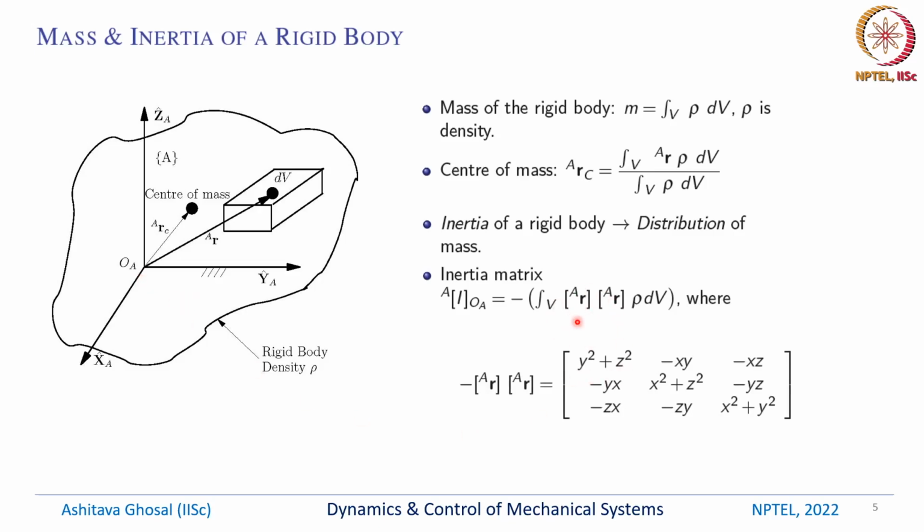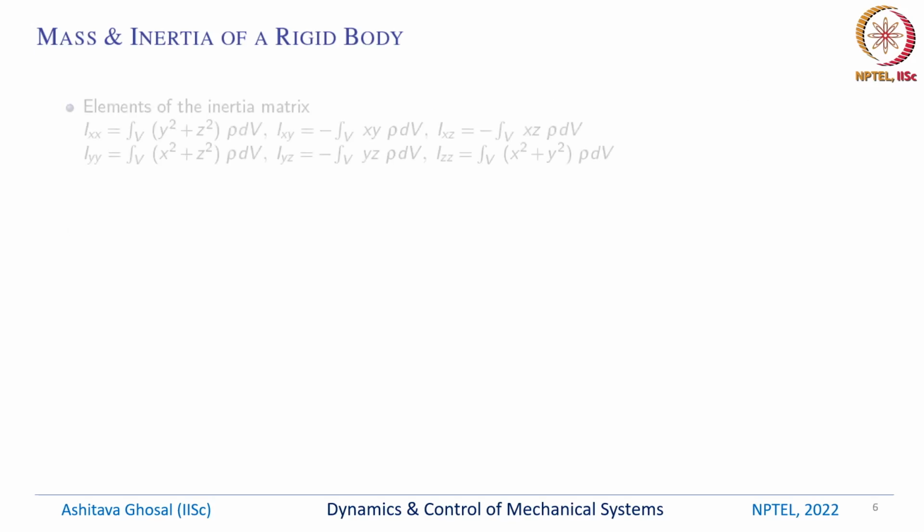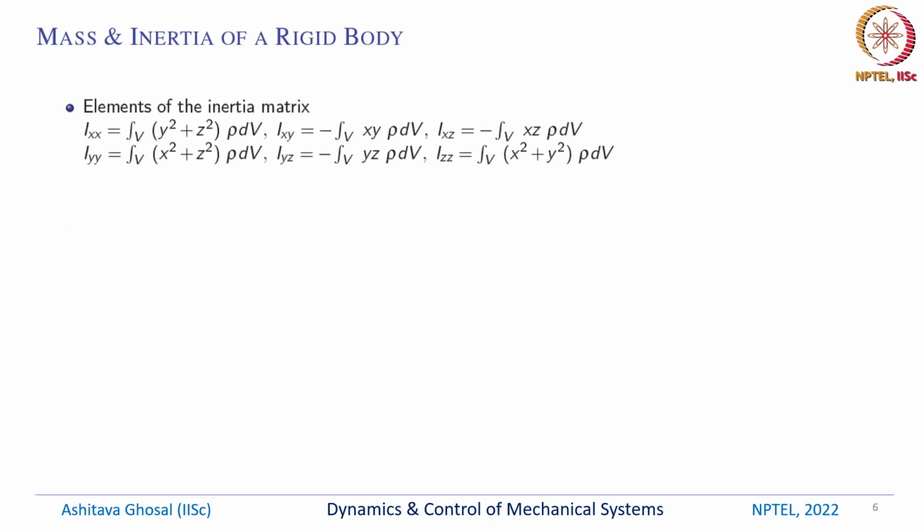As I said, if you multiply minus AR into AR, the square of the skew symmetric matrix, you will get terms like y square plus z square, x square plus z square, x square plus y square along the diagonals, and the off diagonal terms will be minus xy, minus yx. So it is still a symmetric matrix,